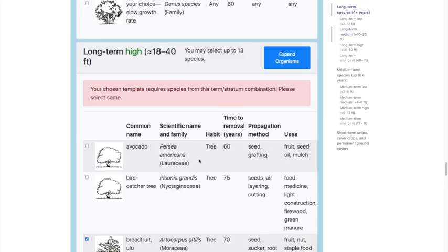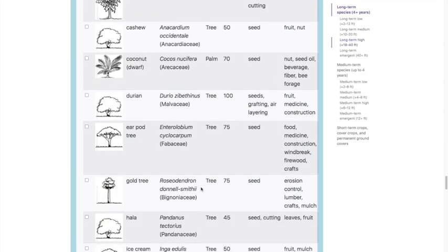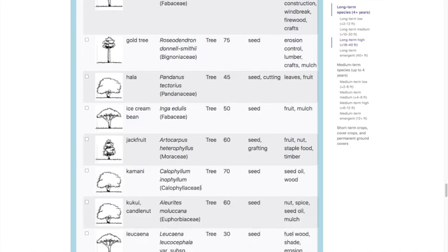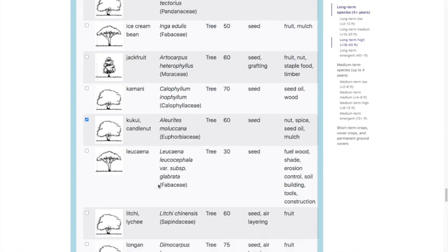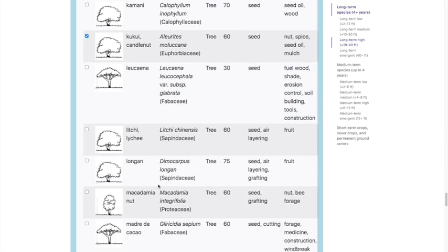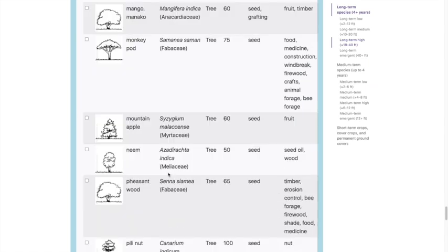So here I'm now into the high stratum, and I'm going to add a few things to this just to give a little bit of diversity, and to make sure I can feed the system.